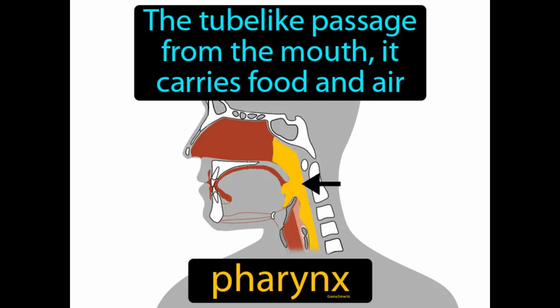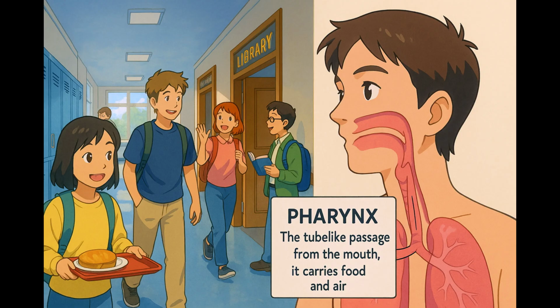The tube-like passage from the mouth, it carries food and air. Pharynx. The pharynx is a part of the throat that helps transport food to the esophagus and air to the lungs. Imagine trying to navigate a busy hallway that serves both as a path to the cafeteria and the school